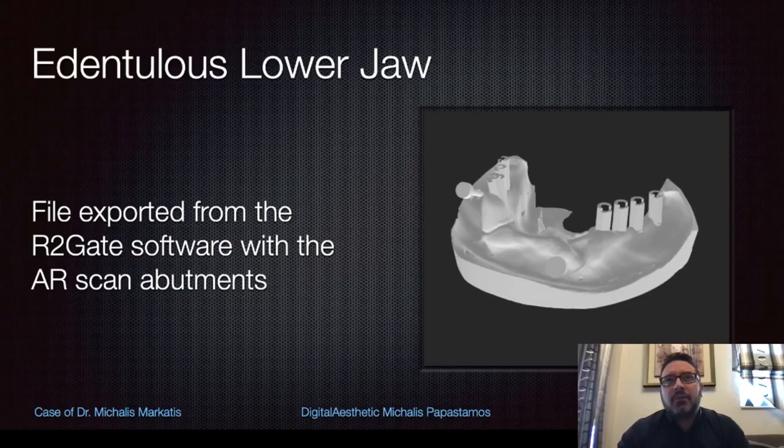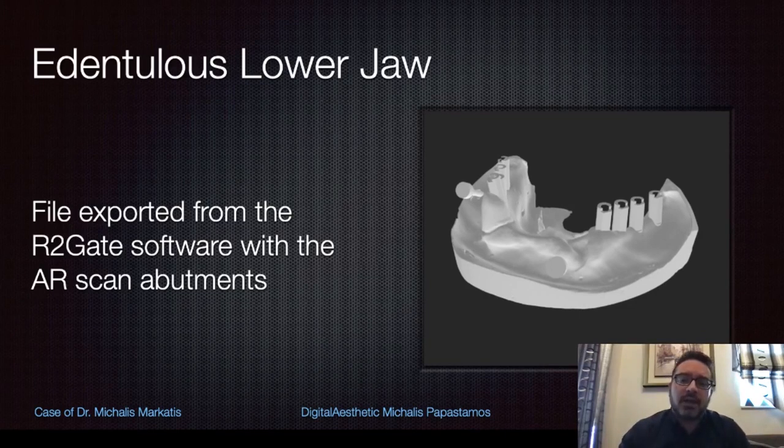It's something like we have already placed the implants, and the dentist took his intraoral scanner and scanned the scan abutments. This is unique because this STL is an open file, so by importing it to any CAD software like 3Shape or Exocad or Dental Wings, you can make all the adjustments you want. You can replace the abutment with the Easy Post abutments, with Octa abutments, with multi-uni abutments, any abutment that you want, even pre-milled abutments.